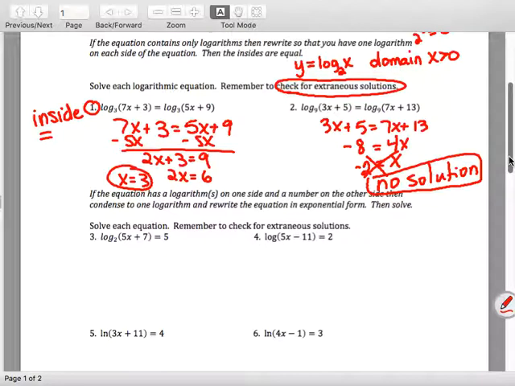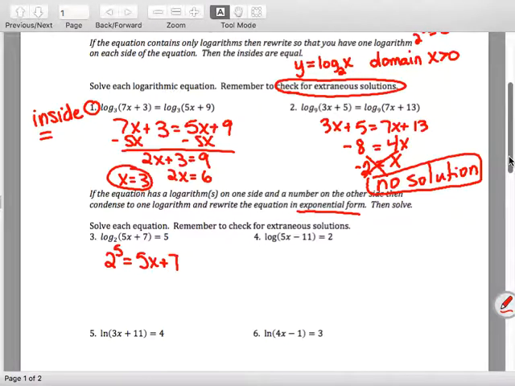All right, so the first type of log equation is 1 log equals 1 log. The second type is what if you have 1 log equals a number? I gave you directions here: if the equation has a logarithm on one side and a number on the other side, then condense to 1 logarithm, if you have to, and then rewrite it in exponential form. So watch this, in number 3. I have 1 log equals a number, so I'm going to go from logarithmic form